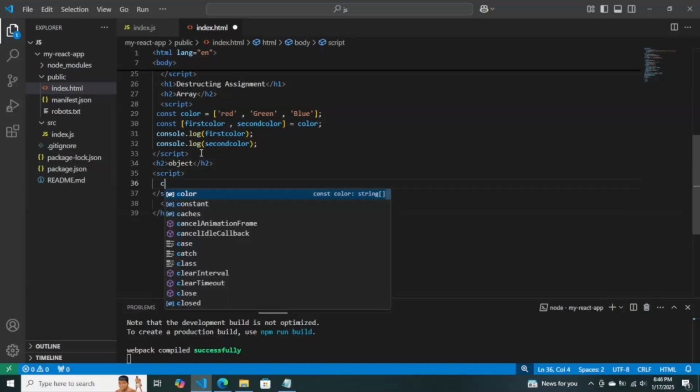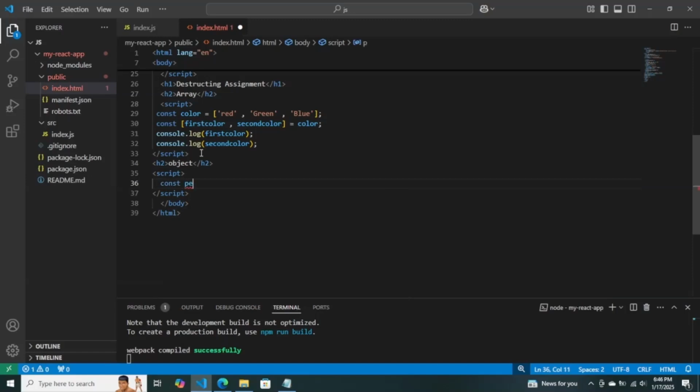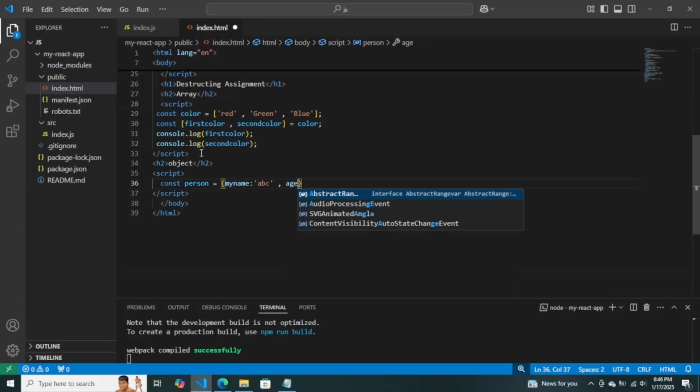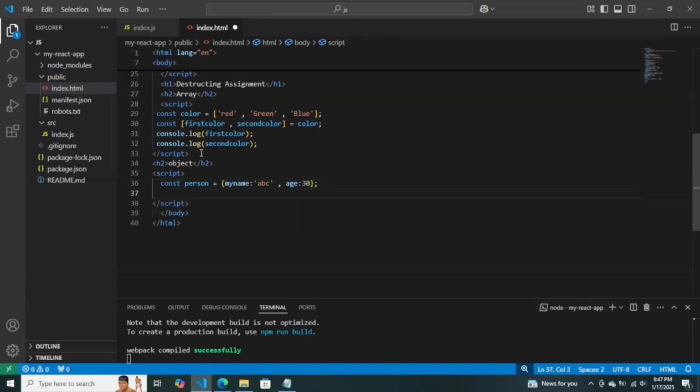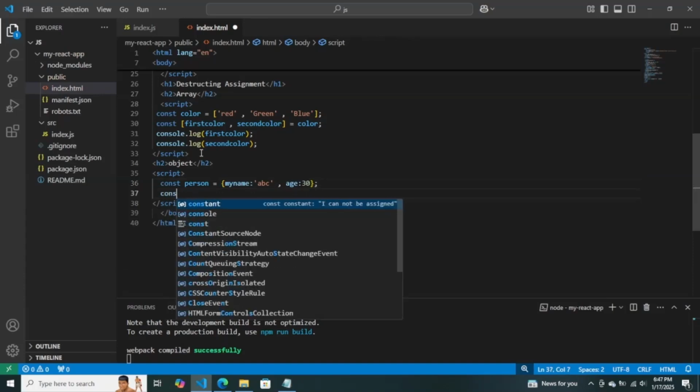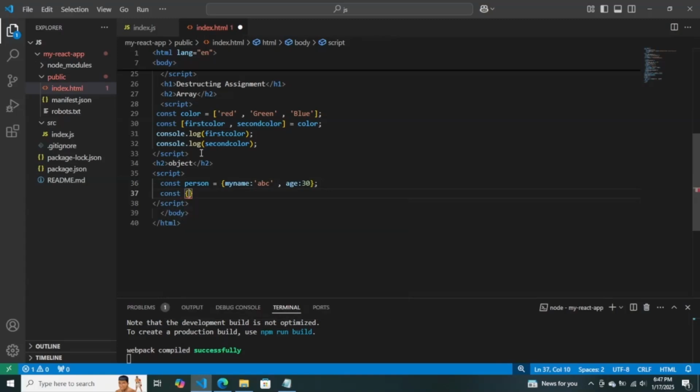In between script we will use const, variable use person, and equal, curly brackets, and my name colon, single quotes, ABC, and comma, age, colon, 30, semicolon, and use const open curly brackets and close curly brackets, my name, comma, age,